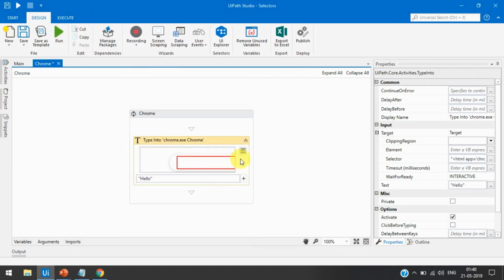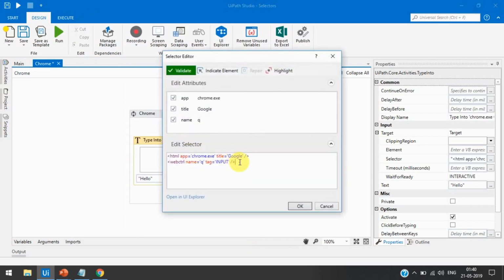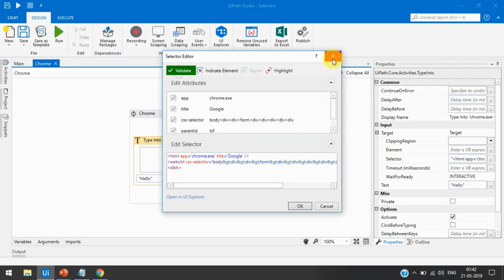But sometimes, if you make any changes here, let's suppose I have just removed one space, then it shows that the selector is modified, so please click on validate. If we click on validate, again it shows green color, which means the selector is valid. We can click OK again and start working on it.